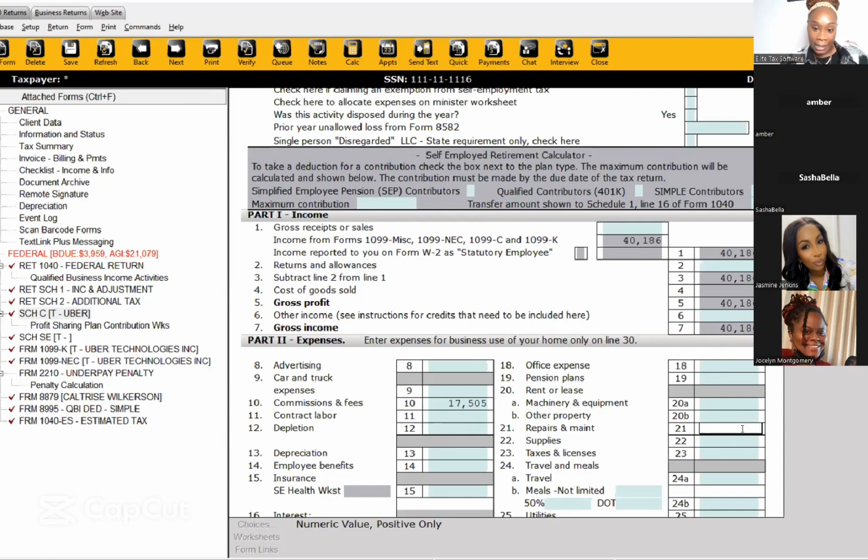So in box 21, we're just going to make up a number for the sake of the training. But when we actually have a client in front of us, we want those receipts and we want to ask them those questions and do our due diligence. So for this particular client, for repairs and maintenance, I'm going to say maybe about $3,500. And that can be new tires on their vehicle, any expenses they incurred for repairs and maintenance while they were Ubering. So let's put